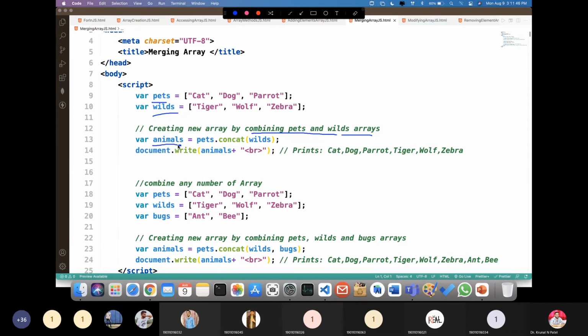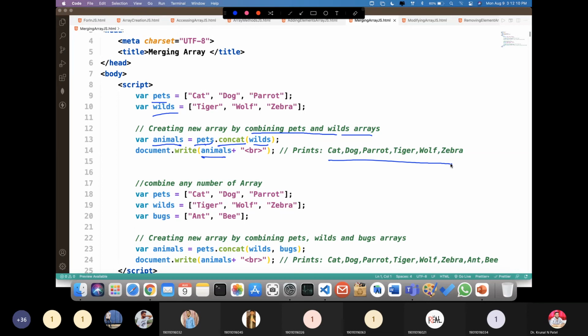We are creating a new variable, animals, and we are using the concat method. With pets, we concat whales, and we display our new animals object. Here you can see both arrays are merged.